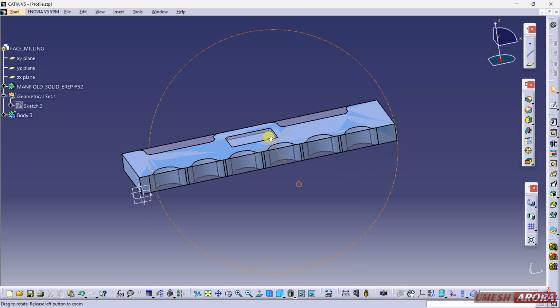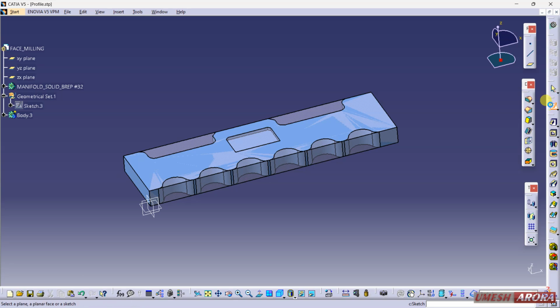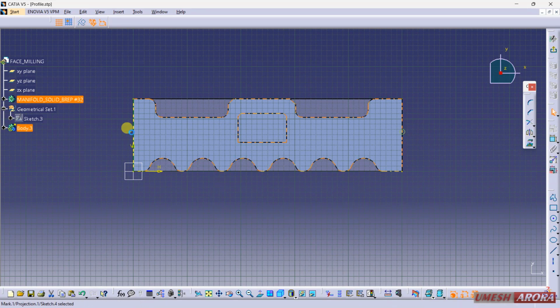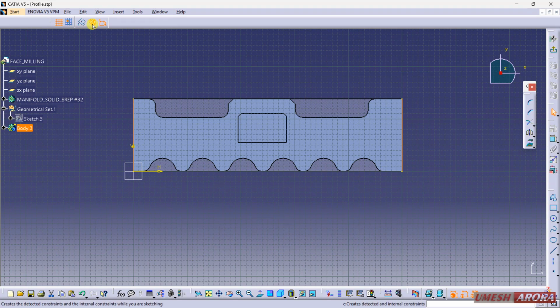I need one center point so that I can define my reference coordinate system on the proper middle of this block. So select this and this, make it constant, make a line and define a point.